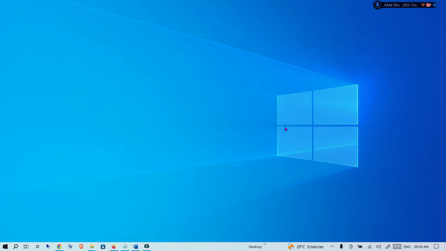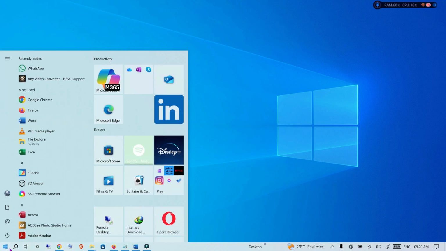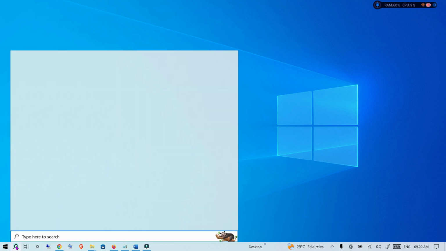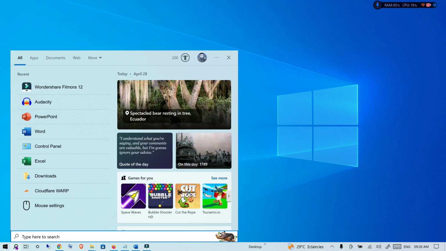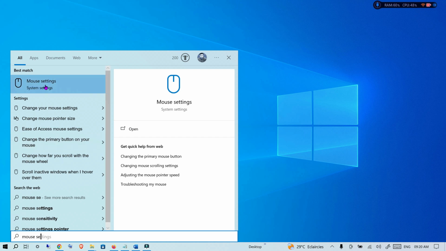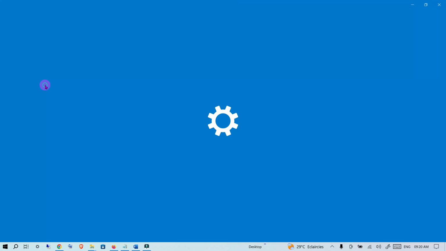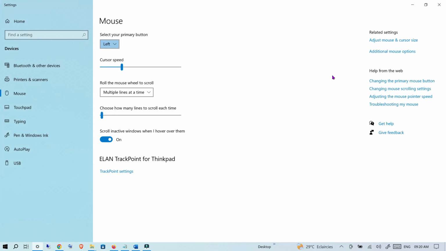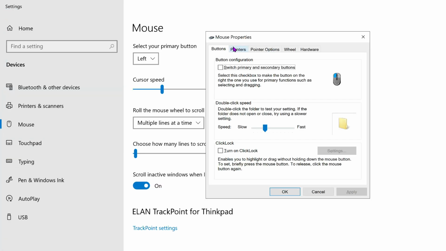So for this you need to press the Windows key, or you can simply type over here mouse settings and click on the mouse settings. So on the right side of the window you need to click on the additional mouse options. Click on that. So in the mouse properties window that pops up, you need to go to the pointer options tab,